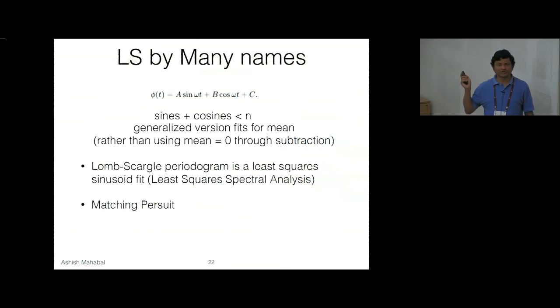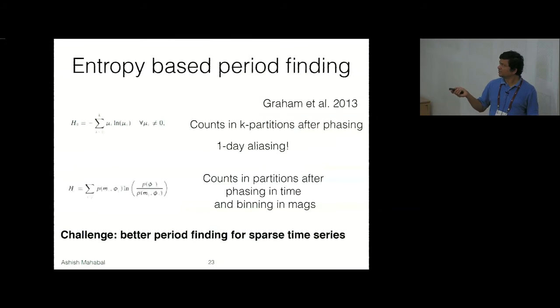And then periodicity, I won't go into details of these, but we know that the Lomb-Scargle method has been used for a long time to get to periodicity. And we have been looking at various entropy-based periods. Again, Matthew has a paper on that from some time back. So if you simply count the K partitions that you have for your time series, you have to bear in mind that there can be one-day aliasing kind of effects, because that's how astronomers like to observe things, try to observe things that are close to zenith, because you get more signal to noise there. So keep that in mind. But it's the K partitions that you look at after phasing that gives you the most likely period.